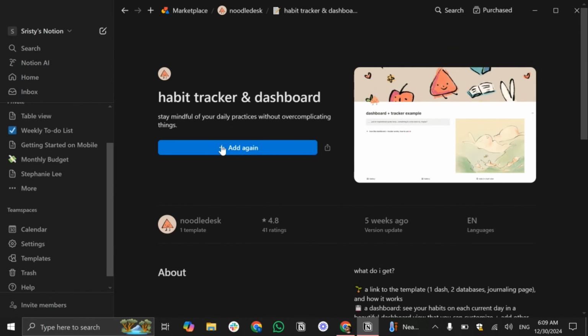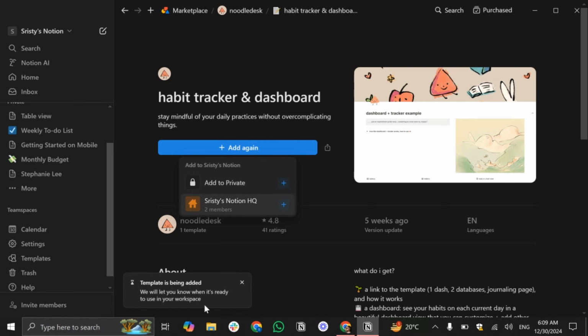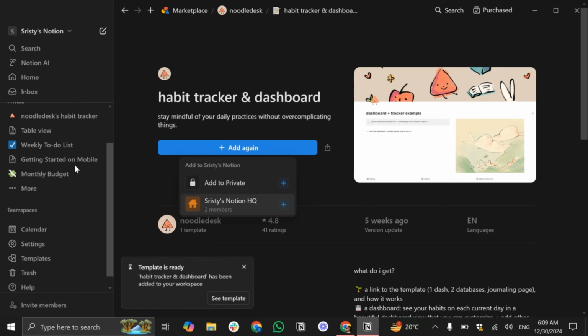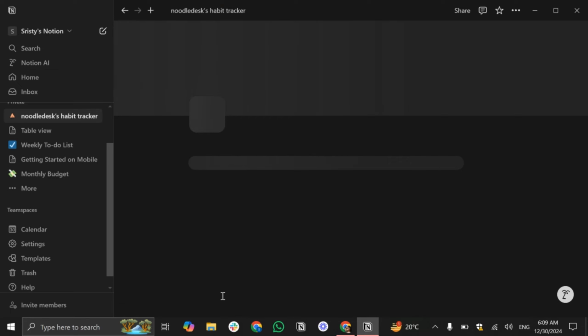And if you want to add it, simply tap on this Add option. Here you will find two options: add to private or add to your Notion HQ. I'm gonna select this option. As you can see, it says we'll let you know when it's ready to use in your workspace. So it will take a little bit of time. Whenever it's done, you'll get a notification. Here you can see I have already got the notification. Tap on the See template option,